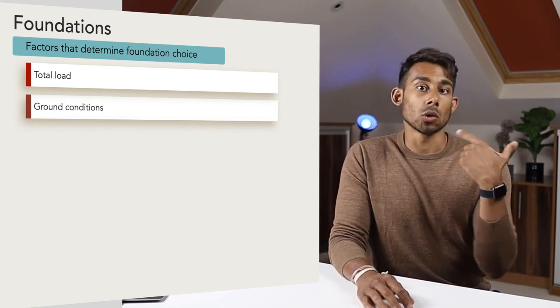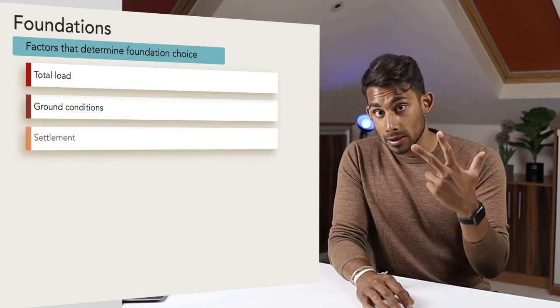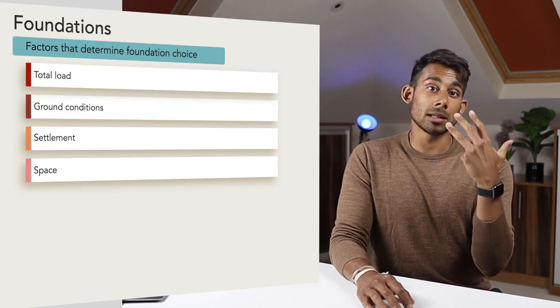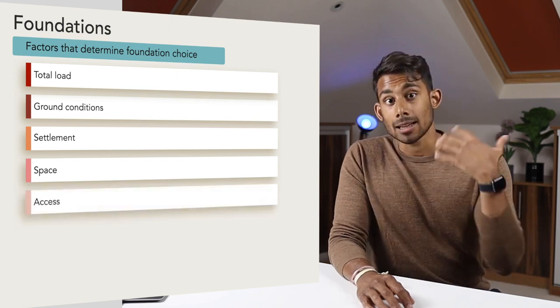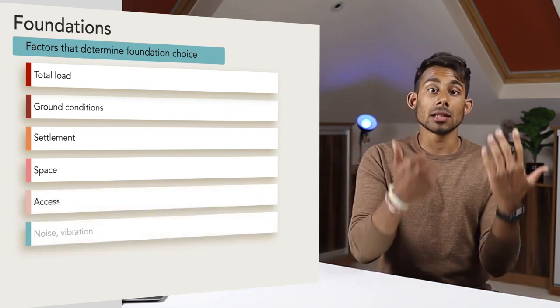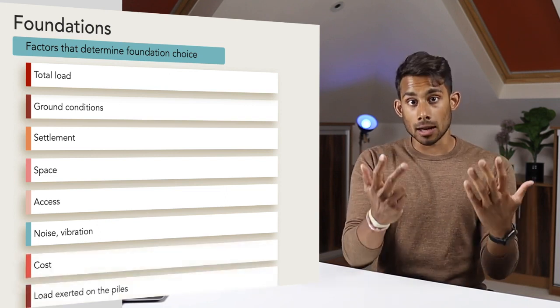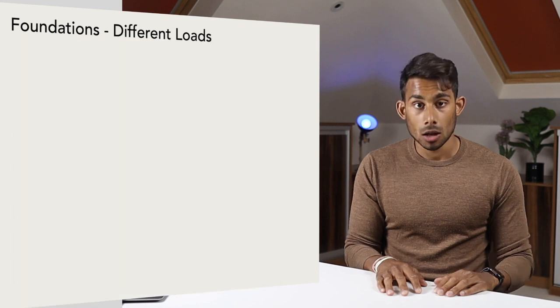This includes how much water is present, the amount of settlement produced by the loading, space availability and proximity to other structures, accessibility, sensitivity to noise and vibration, cost, and load exerted on the piles. So,